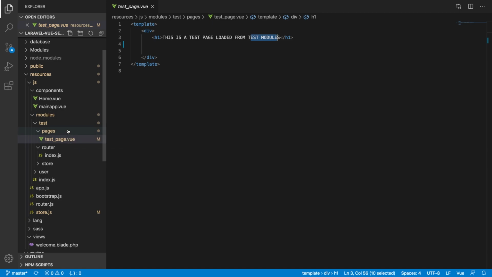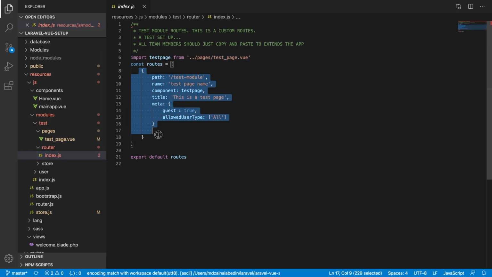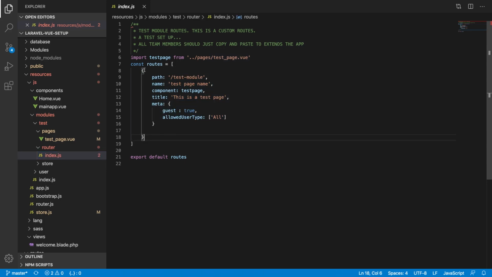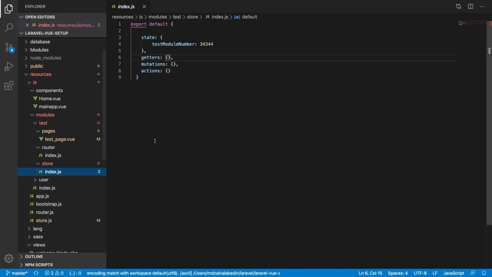But the basic thing is that, let's say this is a test module and someone is working on it, you can define your own pages, and also you can have your own components here. Yeah, that's easy. And also you can define all of the routes here. So your routing will be automatically merged with the rest of the project modules. Perfect. Now, if you open the store, this one is the complicated thing you have to understand